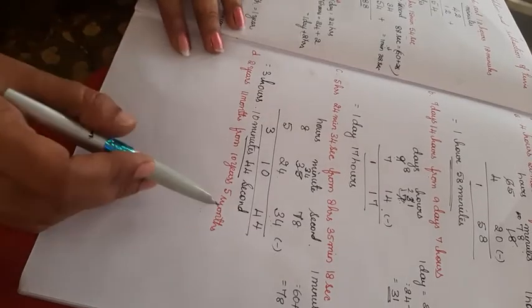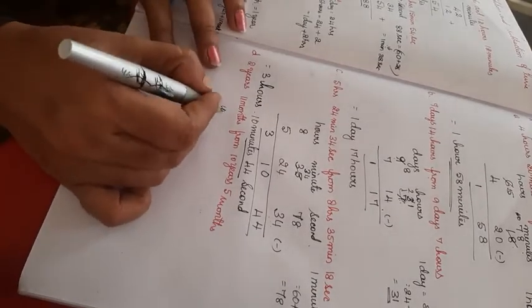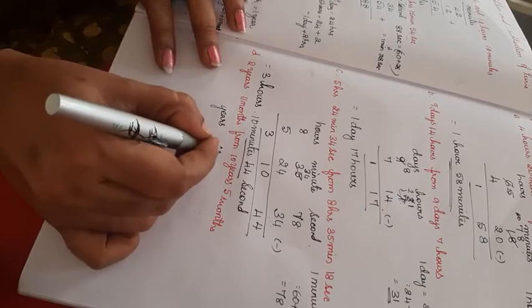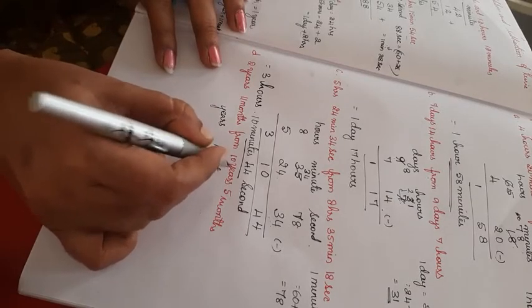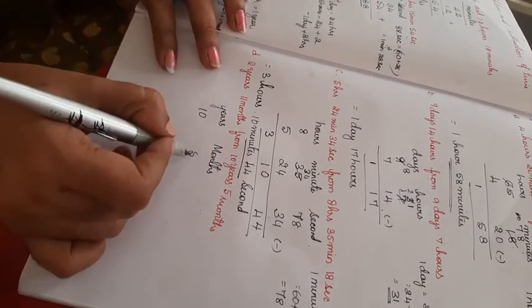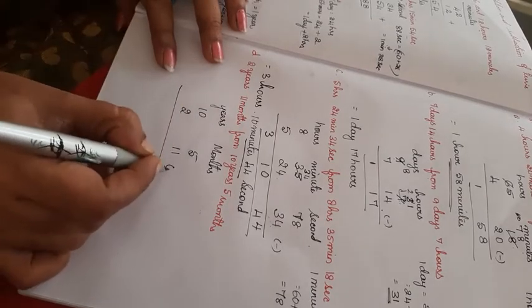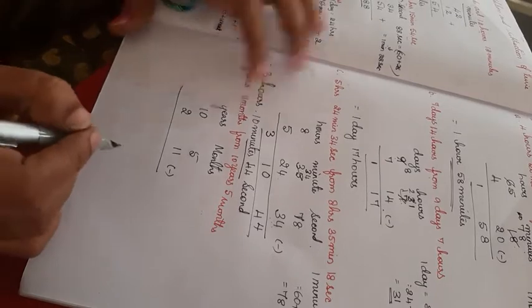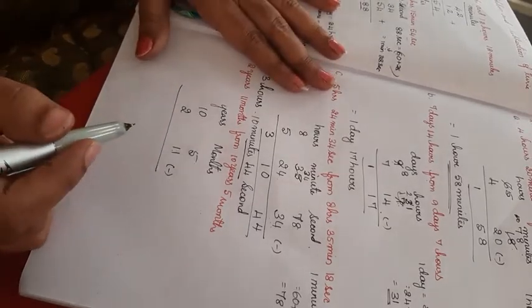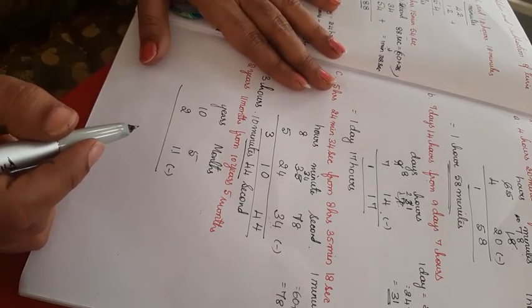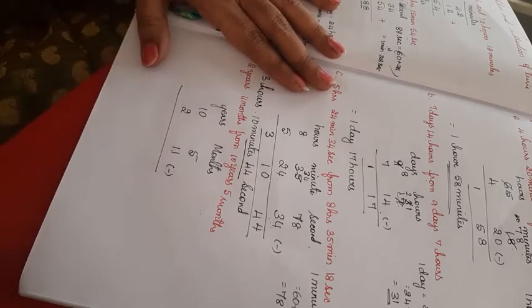Years, months. Years, month is here. So first I'll write down what it is. Years, then months. Year how much? 10 years, 5 months. And 2 years, 11 months. What you should do? Subtract. Now, can I subtract 11 from 5? No. So what I should do? I should take a borrow from the previous number.